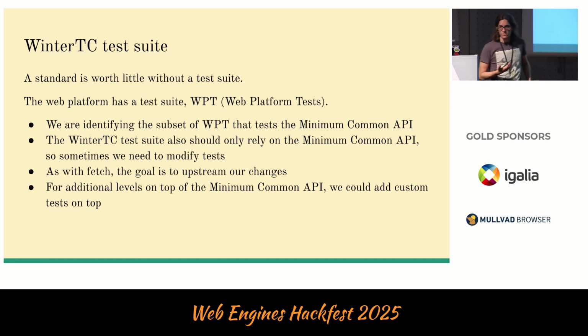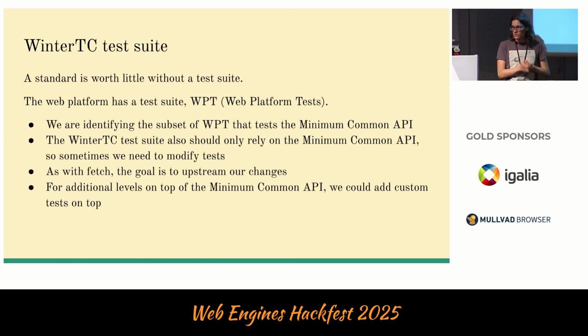So we sometimes need to modify tests, and as with fetch, we don't want to have a fork of WPT. We want to upstream our changes, and in some cases that means splitting tests so that one test has everything that we can use in the common minimum API,